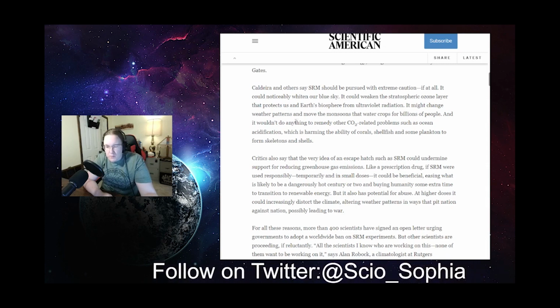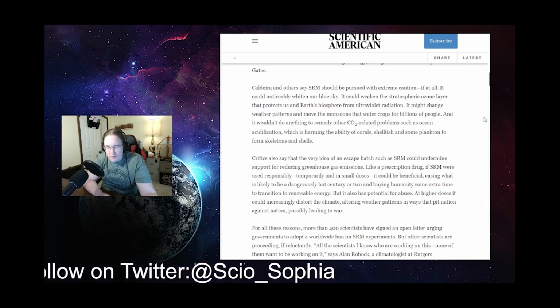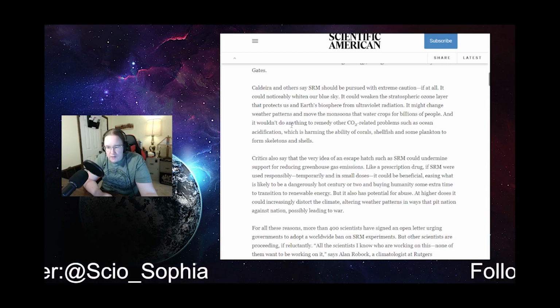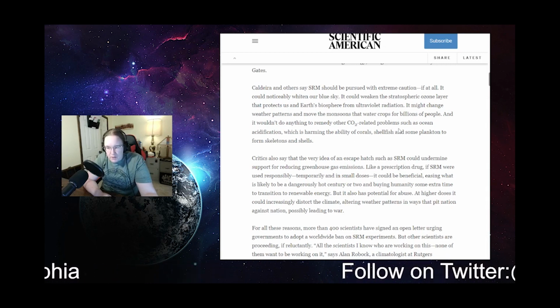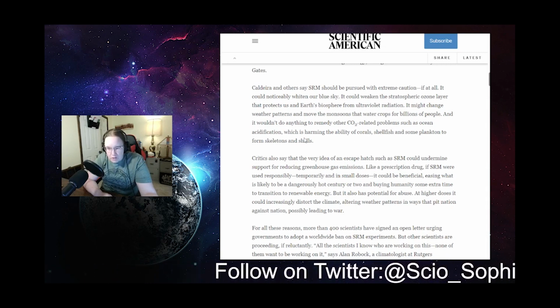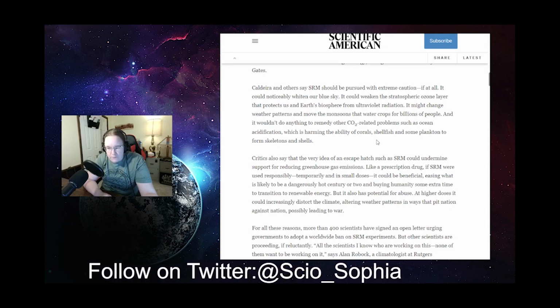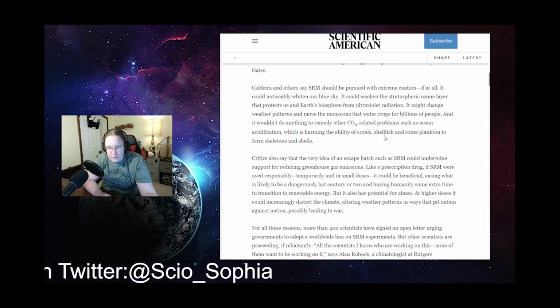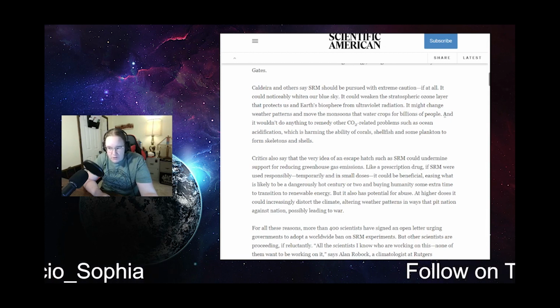It might change weather patterns and move monsoons that water crops for billions of people, and it wouldn't do anything to remedy other CO2-related problems such as ocean acidification, which is harming the ability of corals, shellfish, and some plankton to form skeletons and shells. So ocean acidification, what this is basically,